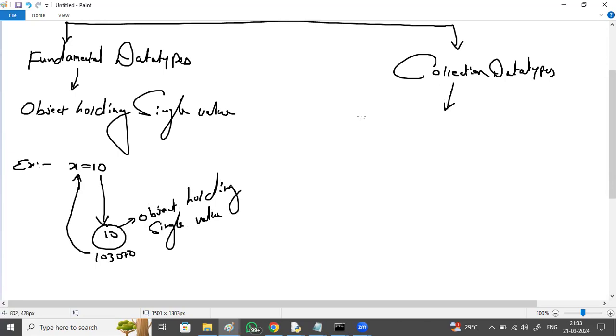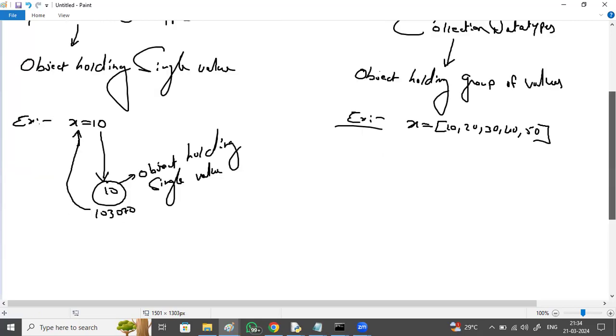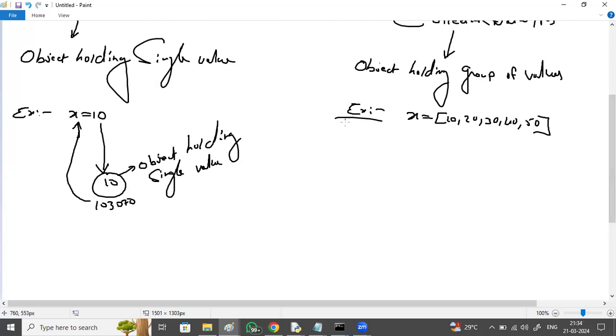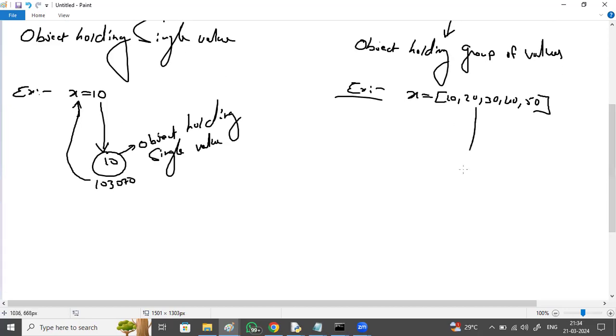A collection data type is an object holding a group of values, a set of values, or a collection of values. The name itself says collection of values, right? Just check this, an object